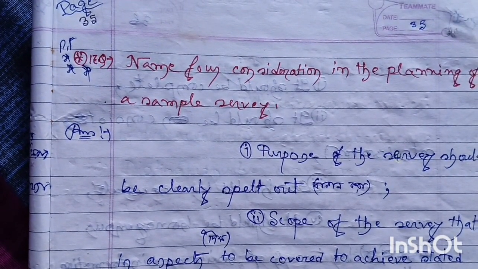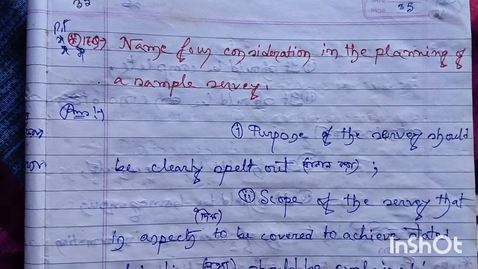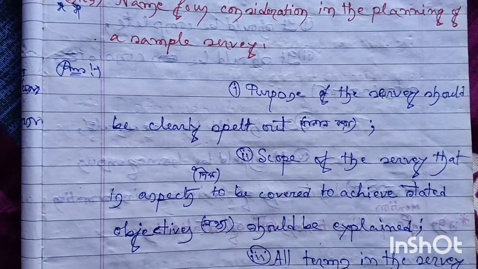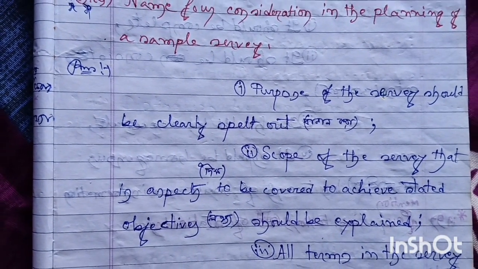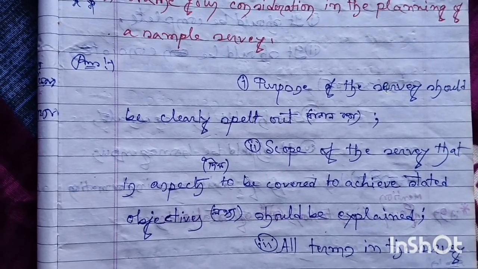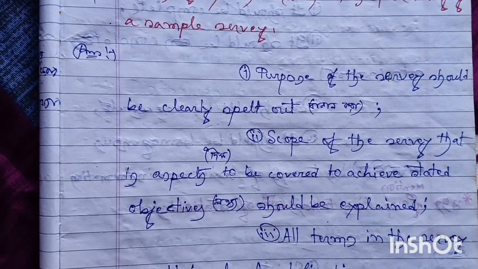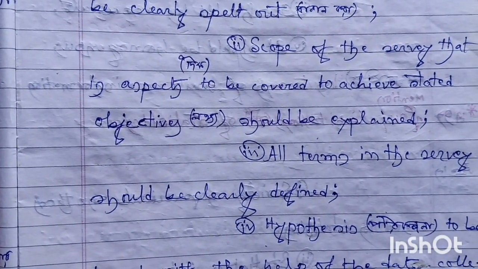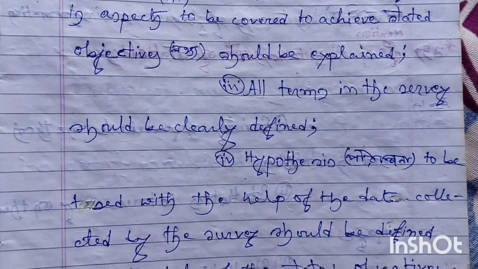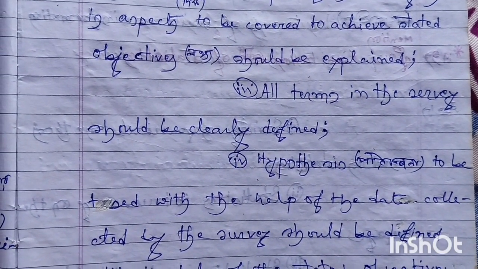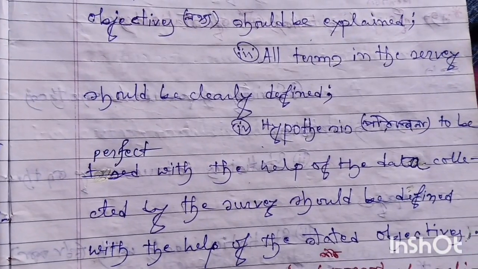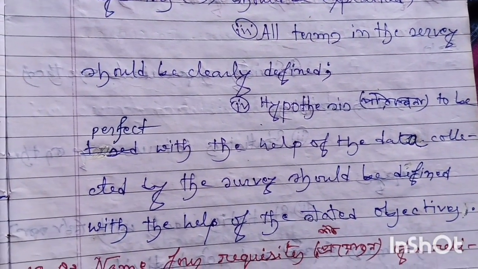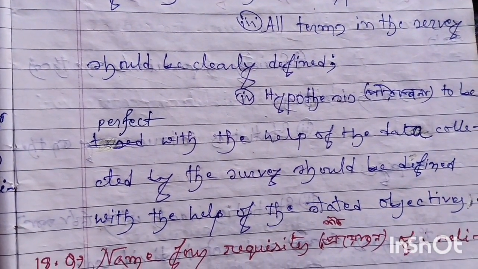Name 4 considerations in the planning of a sample survey. Answer. Number 1. Purpose of the survey should be clearly spelled out. Number 2. Scope of the survey, that is, aspects to be covered to achieve stated objectives, should be explained. Number 3. All terms in the survey should be clearly defined. Number 4. Hypothesis to be